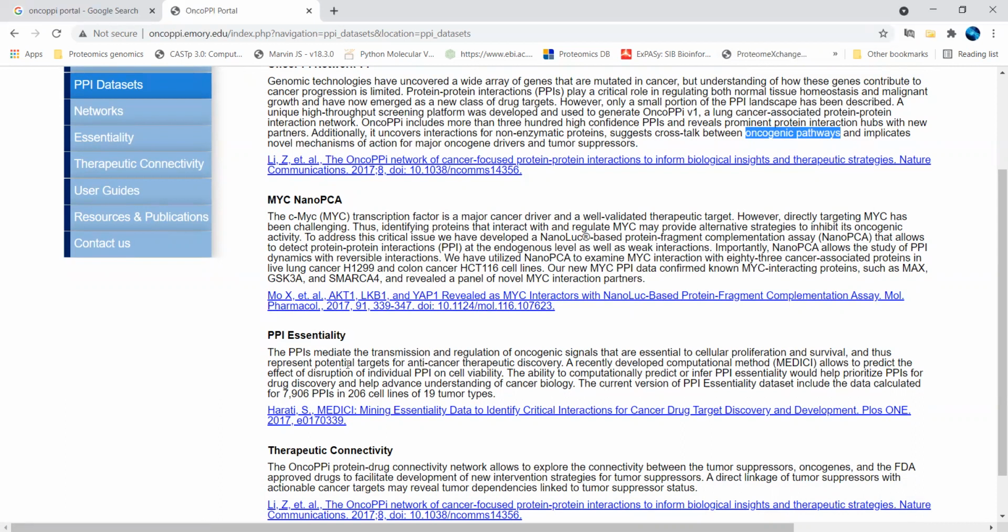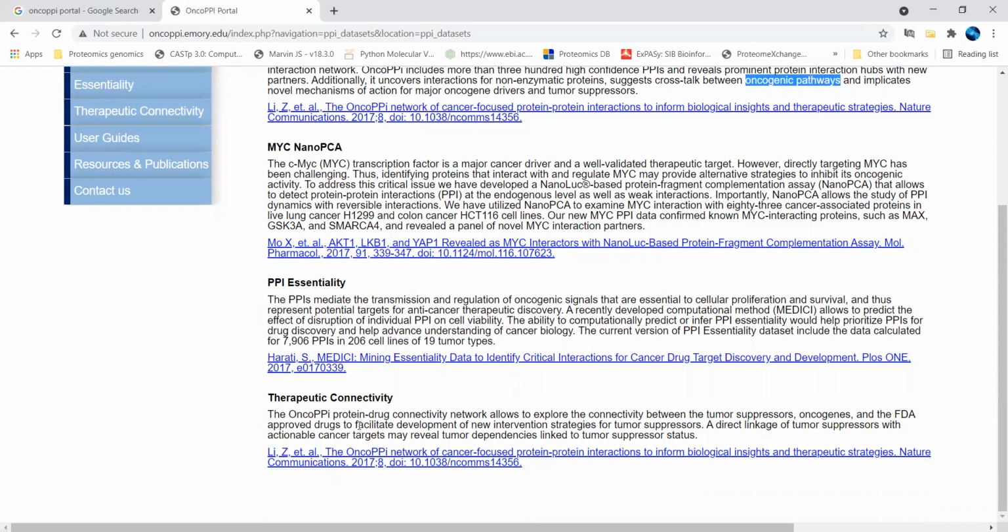So what is that? Again, the same thing. You can explore this by taking this particular research paper as a reference, and you will find the therapeutic connectivity. That is the main thing in this particular portal: the therapeutic use of the protein-protein interactions as a finding of druggable targets, and also looking at what the clinical evidences are for the same. You will find the networks with respect to protein and drug also. So not only will you get the protein-protein interactions, but also the protein and drug interaction network. I think this is very useful.